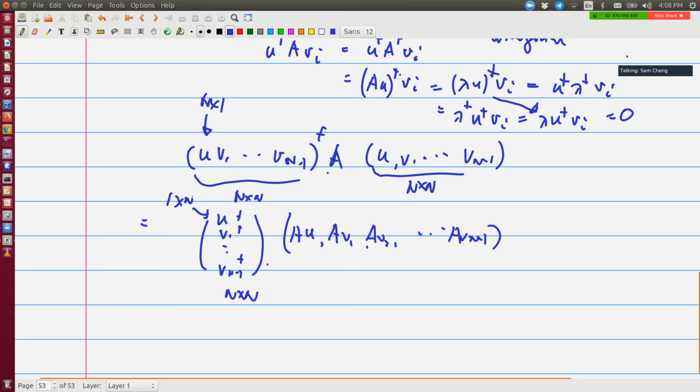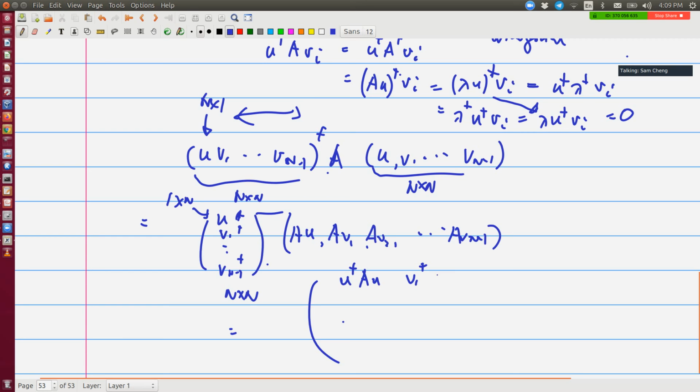So instead of column vectors packed horizontally, I have row vectors packed vertically. And then V1 up to Vn is a vector. Now because I have the Hermitian here, it's all row vectors now. Okay, and if you look at this, it gives you a matrix. It's U Hermitian A U,